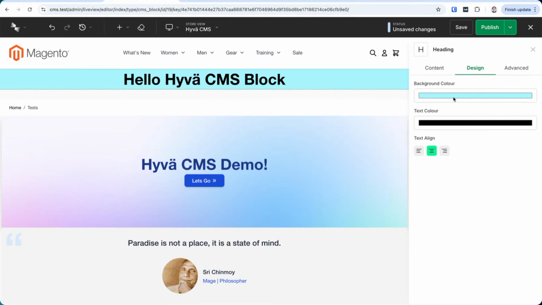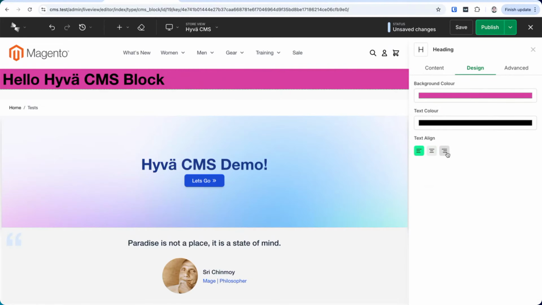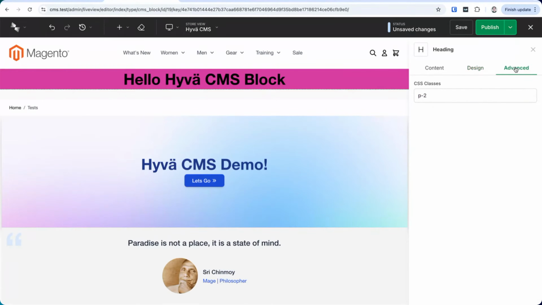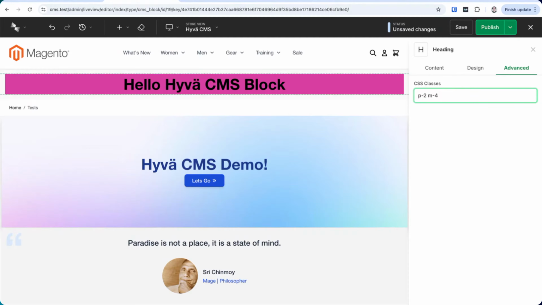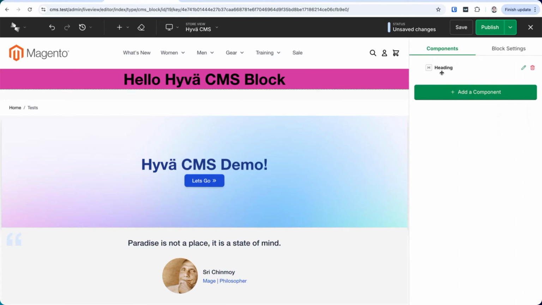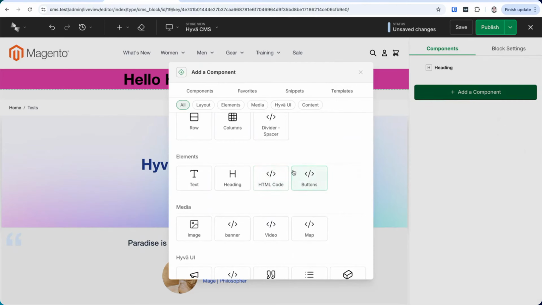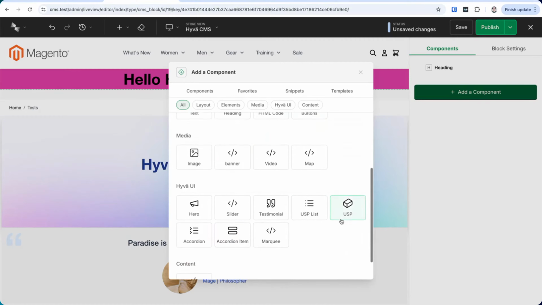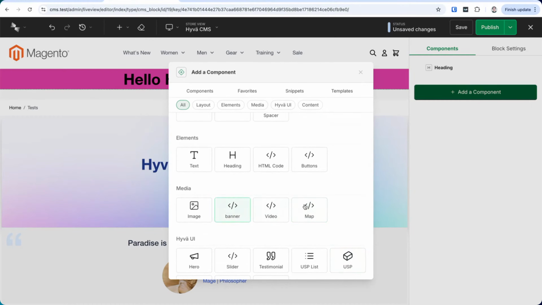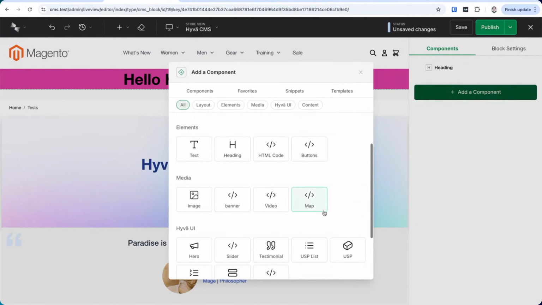We've also got these tabs, so I can change different things to do with the design. I can change the color if I wanted to, change the alignment. Magenta. Yeah. I can also add classes here, and that will update as well. There was a lot I could have shown you on components on the page. I forgot, but there's lots of components we're adding. It's still a work in progress, so we haven't added all the icons yet. If you don't add an icon when creating, it will default to these ones. So this is the kind of content we'll be bringing you.